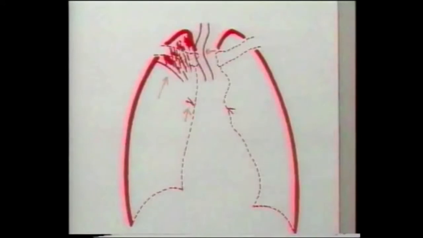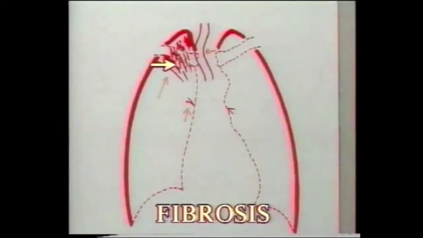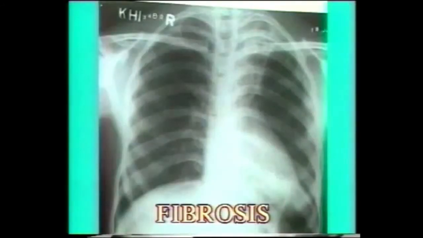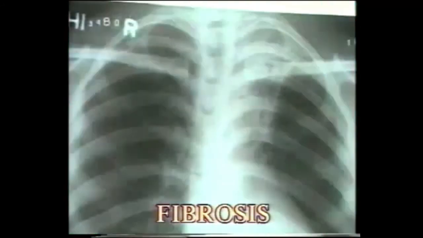The next typical change in healing tuberculosis is fibrosis. Fibrosis appears as opaque linear streaks radiating towards the hilum of the lung. The shadow of fibrosis, as compared to infiltration, is more dense and sharply delineated, and the neighboring structures like the trachea or diaphragm are pulled towards it. Note a typical shadow of fibrosis in the left upper lobe. Note that it is denser than infiltration with opaque streaks radiating towards the hilum. The trachea is only minimally pulled towards the lesion.